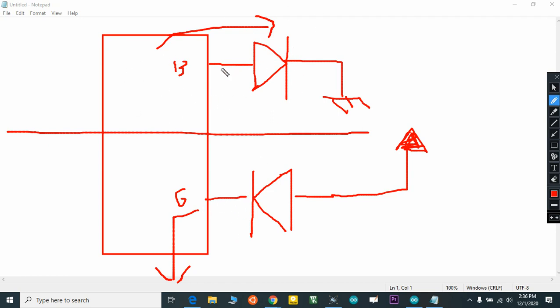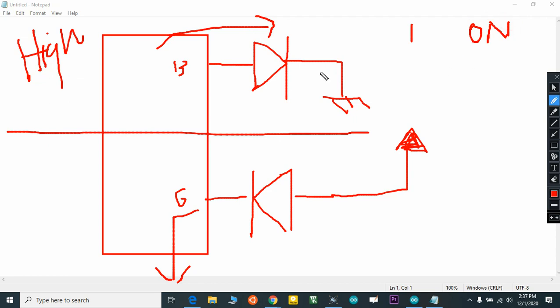In a sourcing connection, or you can say active high connection, we are sourcing this 5 volts. In an active low connection we are grounding this LED circuit. So when will this LED be on? See, it's grounded. So if you provide a high voltage here, high voltage means 1 here, the LED will turn on.